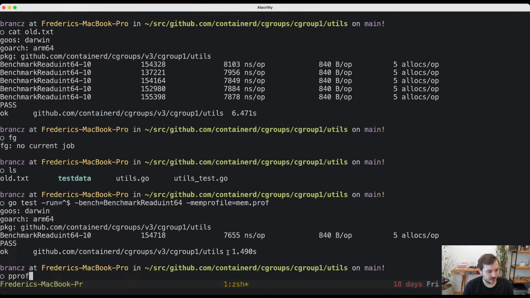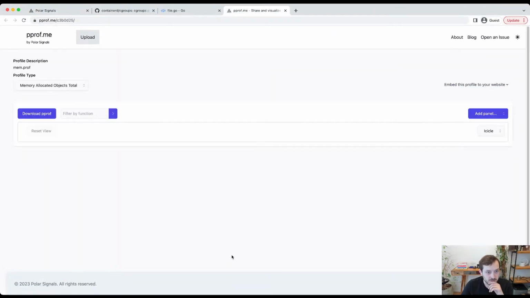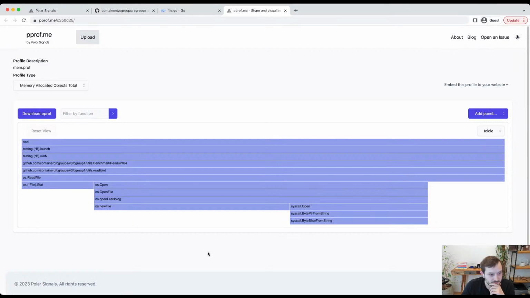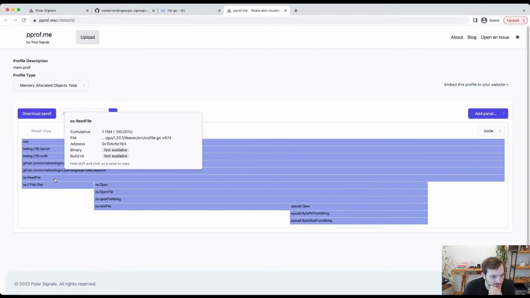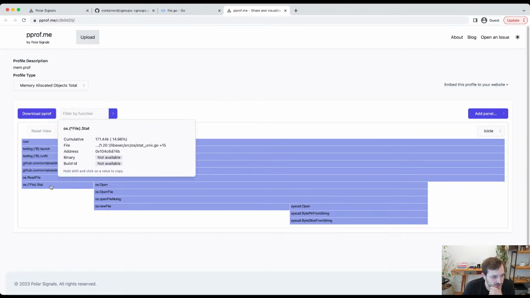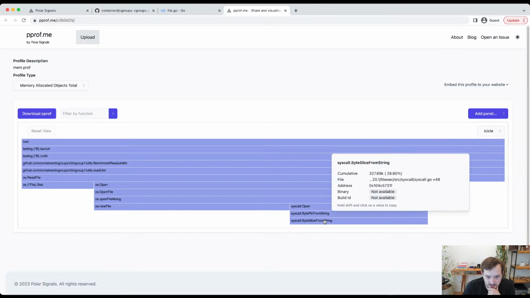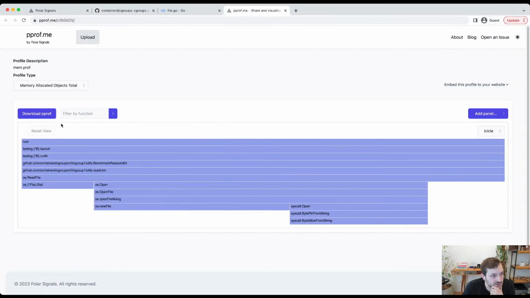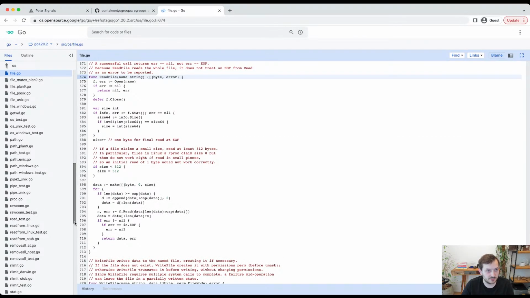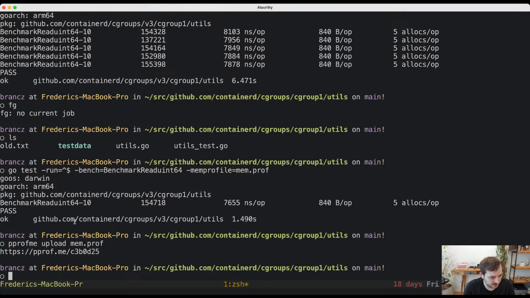All right, so then we're going to upload this so that we can look at it in the browser, and we can see really pretty much everything is spent in read file, open. So these are the allocations. Unfortunately, this feature that I want is not implemented in pprofme yet. So I'm going to pull this up and